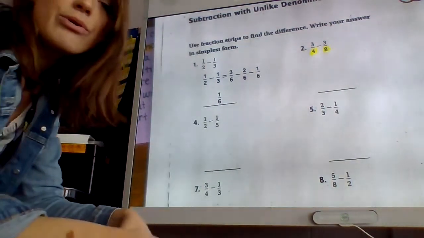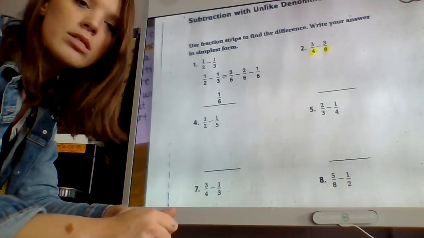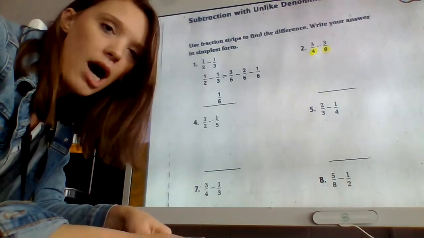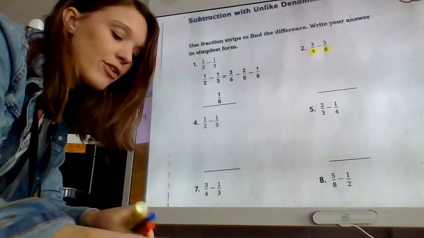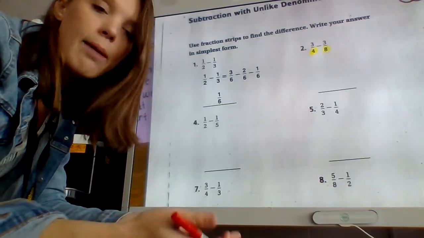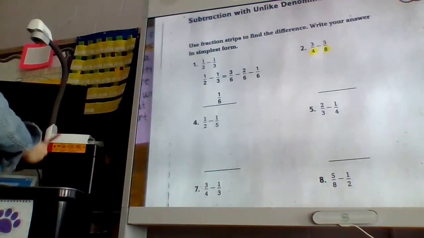And I'm going to use the strategy of listing the multiples of the denominators in order to find the LCM, the least common multiple. So I might use a T-chart. You can either list your multiples vertically or horizontally. I'm just going to do it vertically. That's the way I'm accustomed to doing it. So I'll use a T-chart